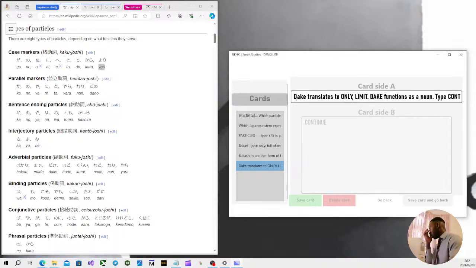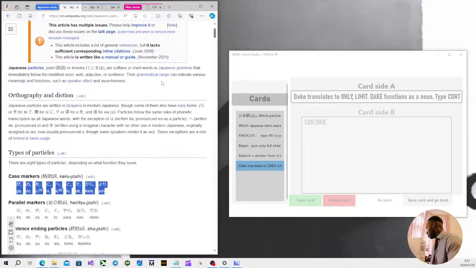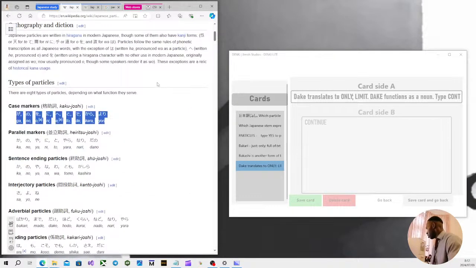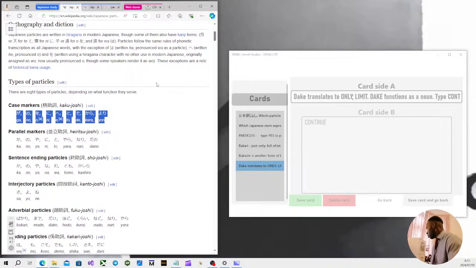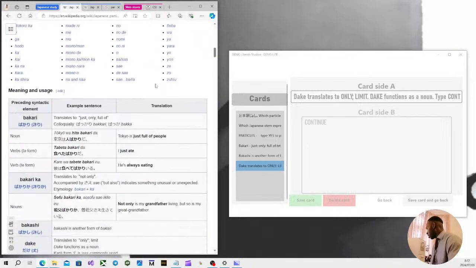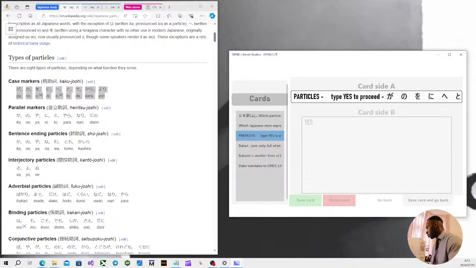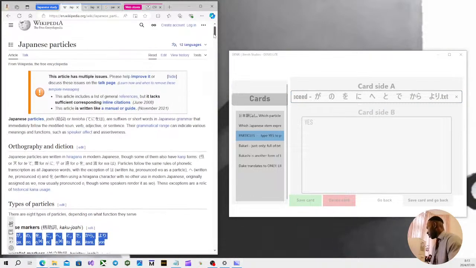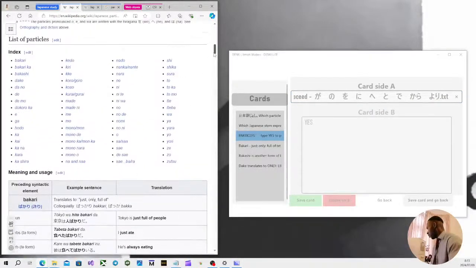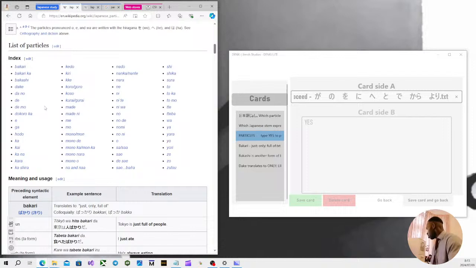Okay, so let's do some recall. This should be a little bit fun. I want to focus on the case markers because that's what I've been studying as of late. So if I can find definition, I can get the definitions of each case marker. So what are the case markers again? So we can just have them up here on this side such that I can just highlight the definitions on the screen from the table on the left hand side, if I can. So if I got ga,